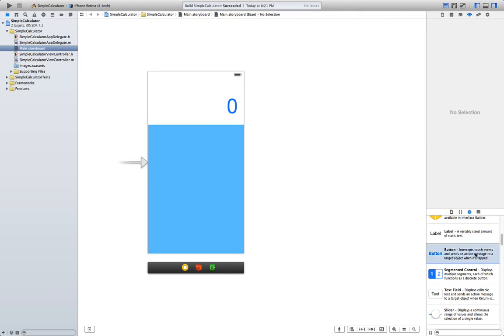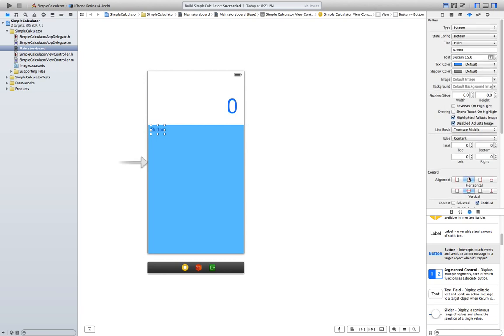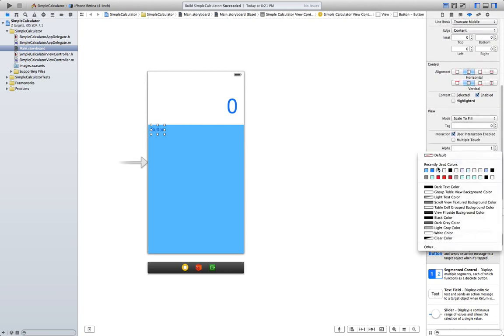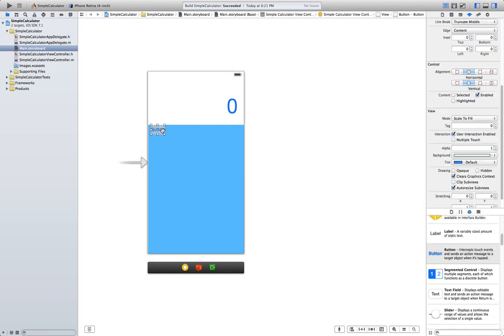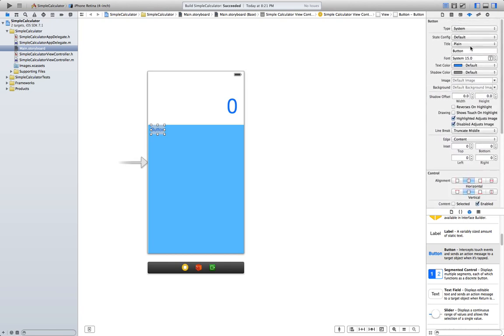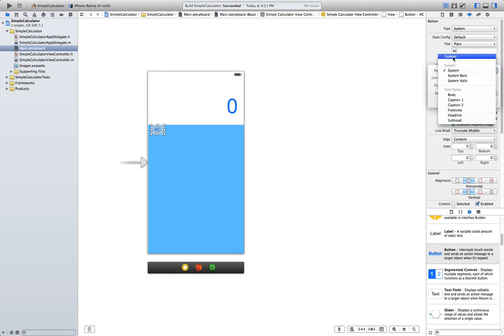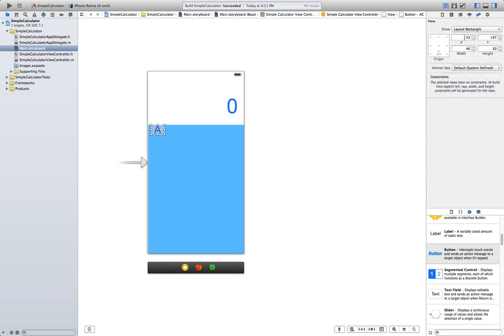Finally, we need the buttons. So first, the AC button. Select the background. Light blue is fine. AC is going to be custom 35, and the size is going to be 79 by 159.